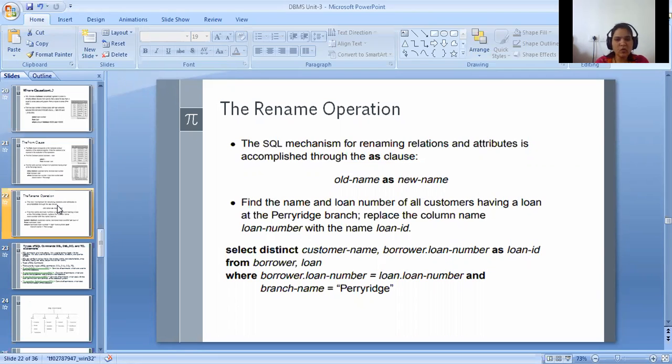From borrower comma loan, where borrower dot loan number and loan is equal to loan dot loan number, and the branch name is equal to parentage. In this way, we have to fire the query. To rename the attribute name, we are using the as clause. Just note down these points.